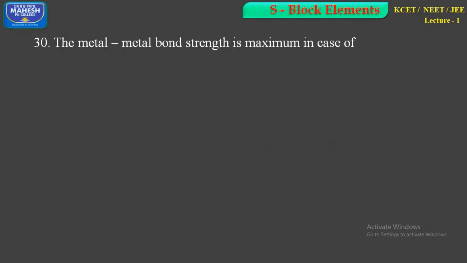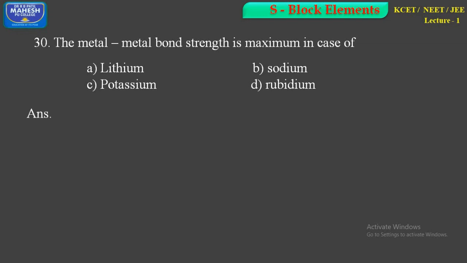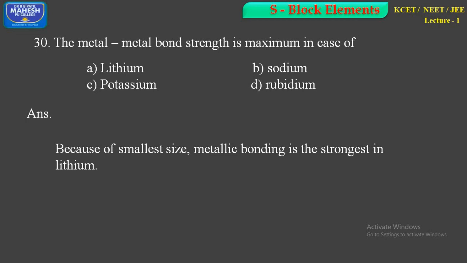Question 30. The metal bond strength is maximum in case of option A, lithium, option B, sodium, option C, potassium, and option D, rubidium. In this case, because of smallest size, metallic bonding is the strongest in lithium. So the right answer is option A,